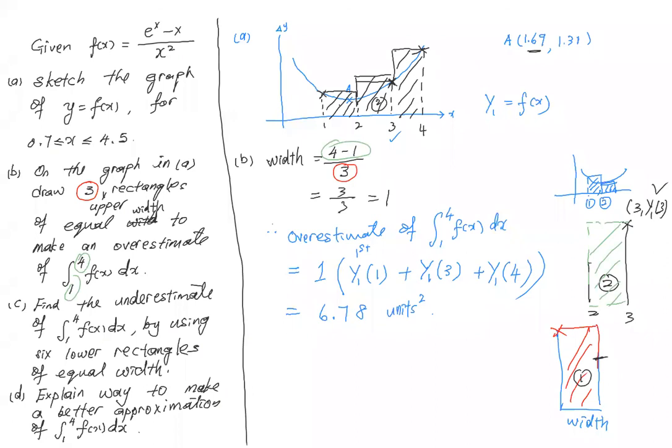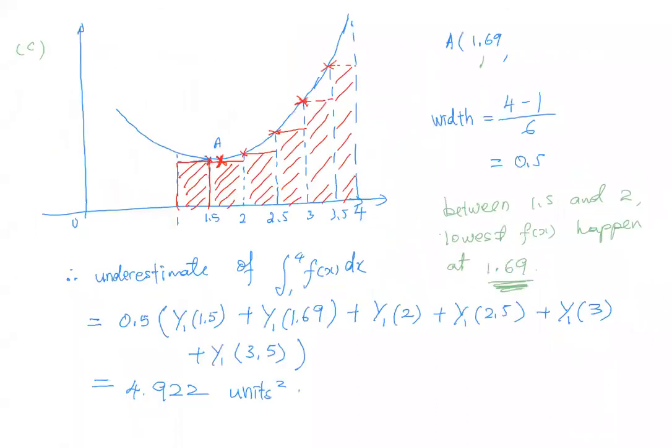Now, if we want to make a better approximation, we have to increase the number of rectangles, correct? My answer will be, this is a generic answer, but your answer must have everything that I have inside there. If you miss out one of them, I give you 0 mark for that. So I will have to say: to make a better approximation, for x between 1 and 4,